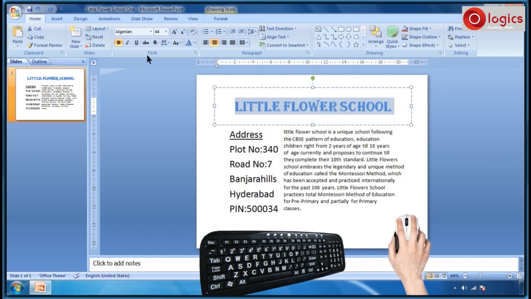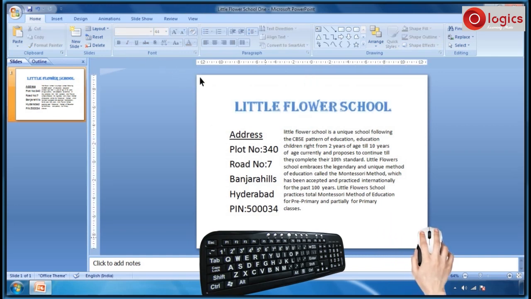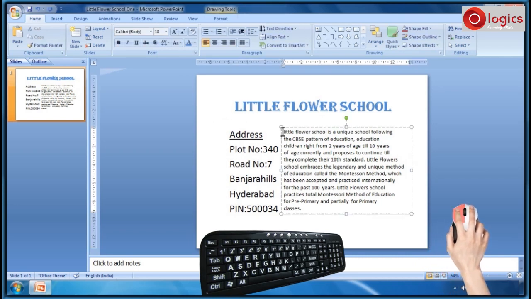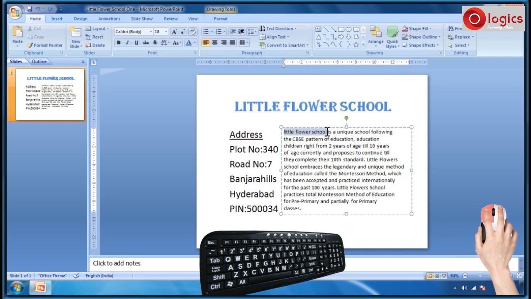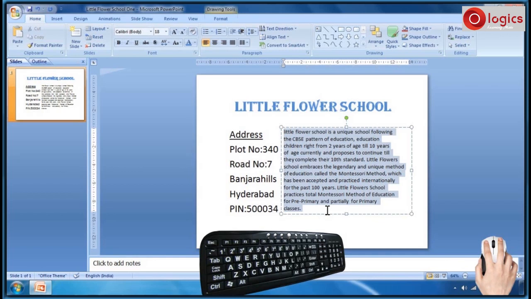I would like to format the text of this placeholder. Select the text. Now the text has been aligned to the left. Click on center alignment command.